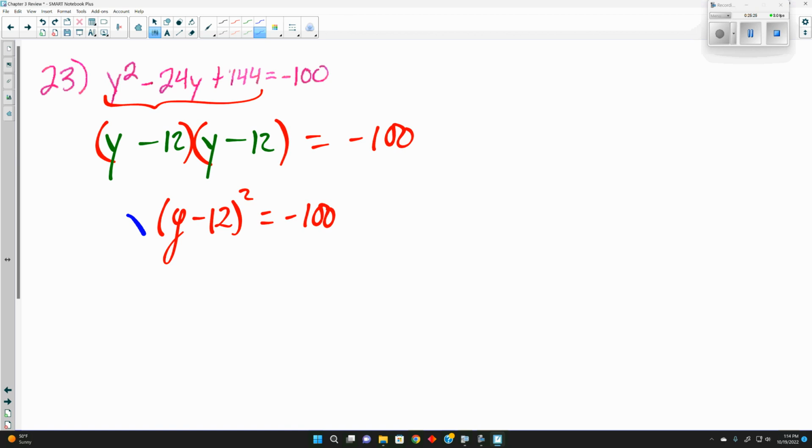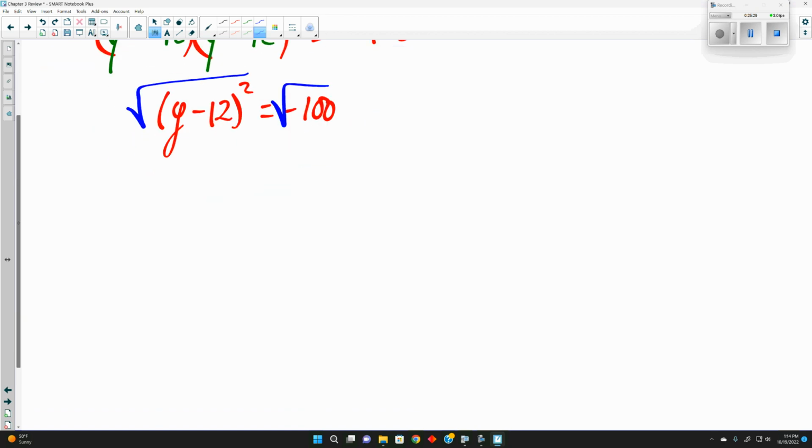At this point here we can square root both sides. Y minus 12 is equal to plus or minus. The negative is going to come out as, what do we have left over? Square root of 100 is 10i. So the number when we have an i, the number goes in front of the i, correct? Yes. And last but not least, we can